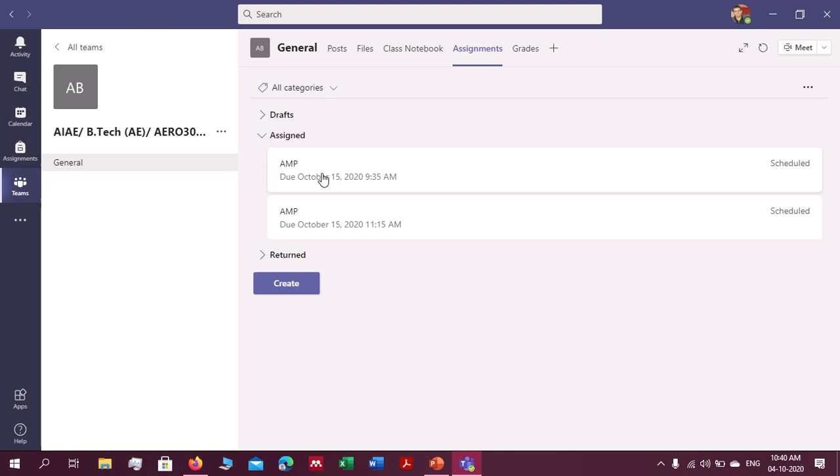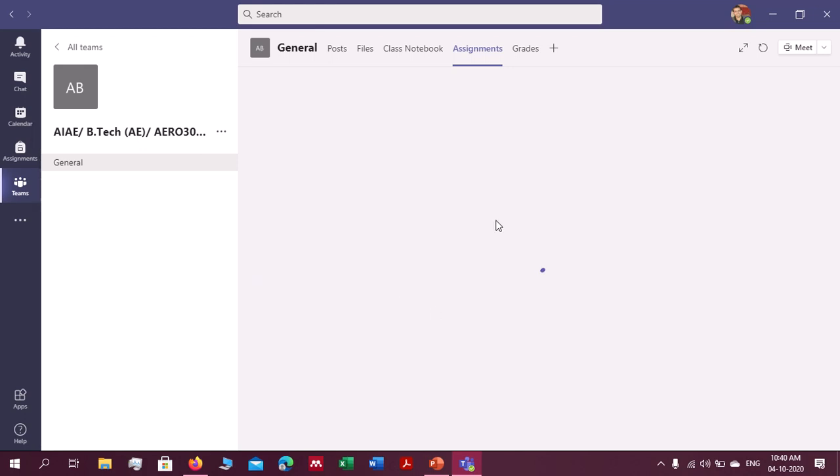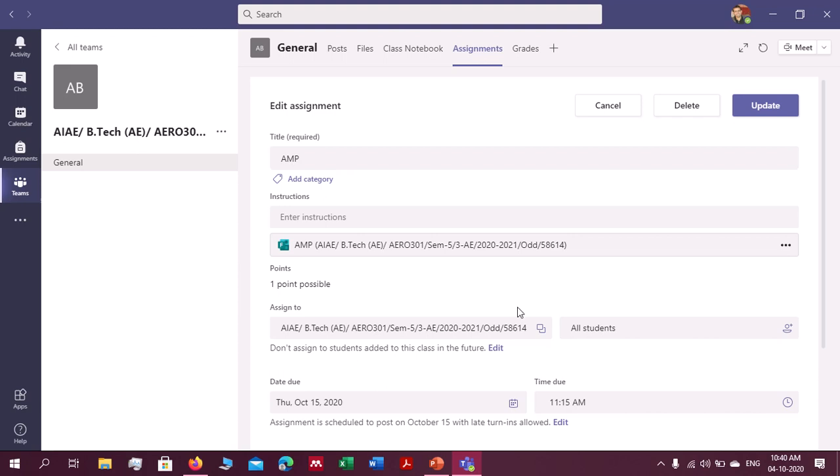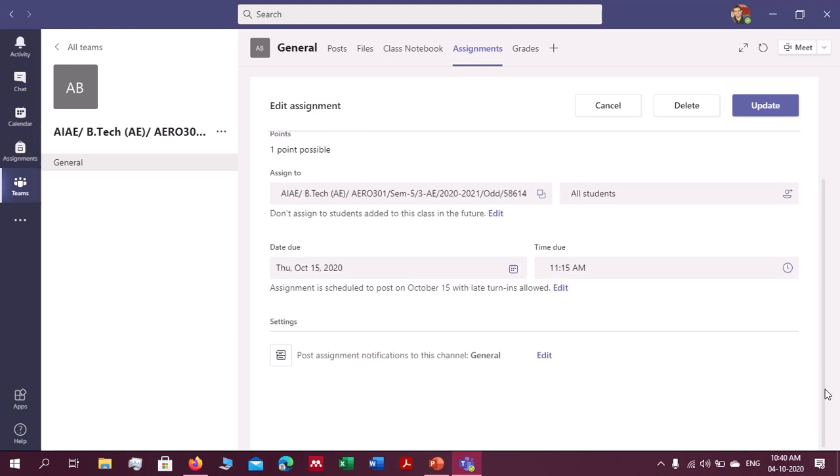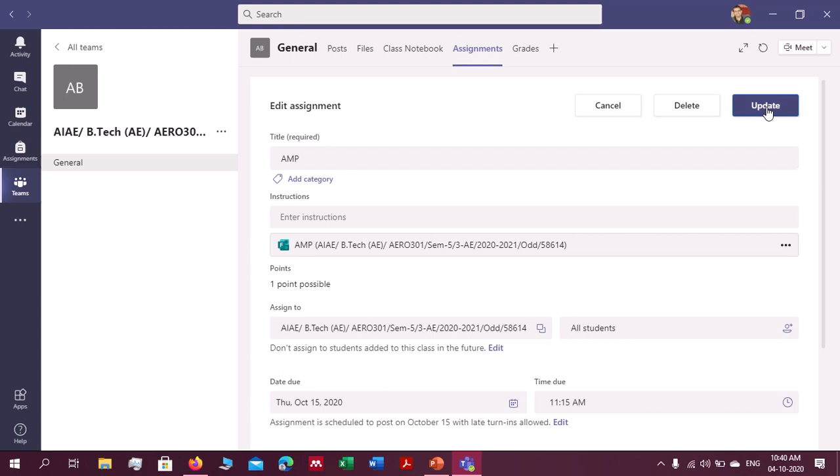And you can see here, this is the AMP quiz due October 15, 2020, and 11:15 is the time. If you want to edit anything, then you just simply click on this quiz and you edit all the things here. You can see again, and this is the icon where you go to update. You also can delete this, also can cancel this quiz. Okay,